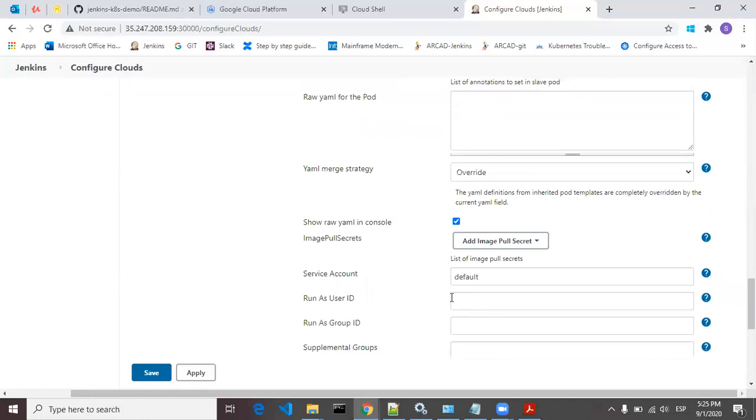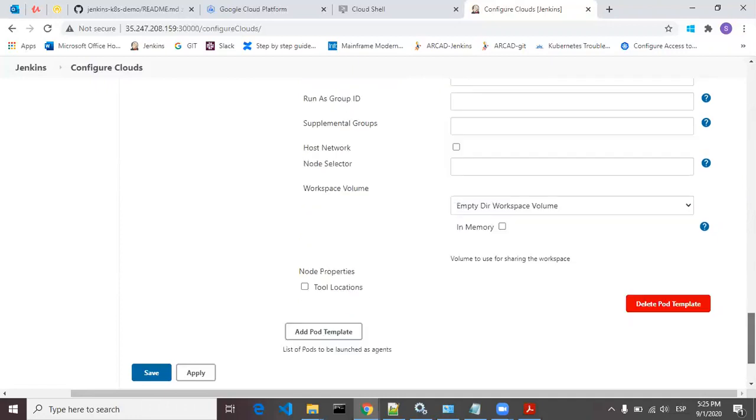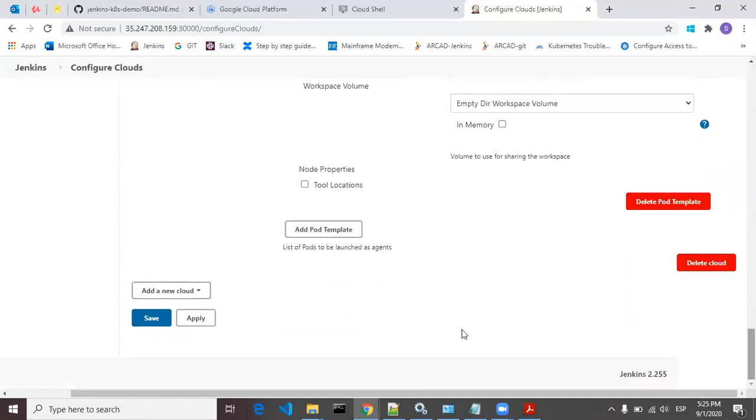You just have to give a service account name. As we haven't created any service account in Kubernetes, that's why I have given default. Okay. Now you have to click on apply and save. This is the overall configuration for your Jenkins.